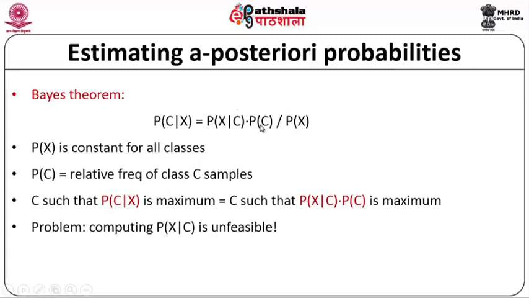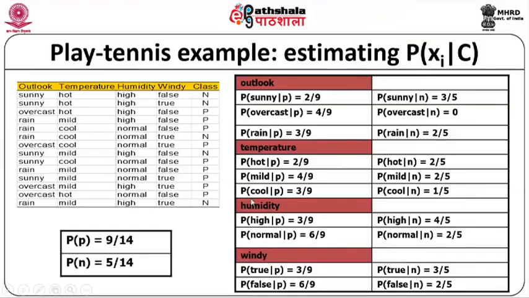There are two parameters in the numerator. Among these two parameters, we need to identify which parameter can help in maximizing this product value. Probability of the class is also going to be fixed. The reason is that if we have two classes, the probability values are accordingly fixed. The only other parameter with which we can maximize the numerator value is probability of X given C. So, all that we need to do is concentrate on these two probabilities, probability of X given C and probability of C. Let us understand this with an example.